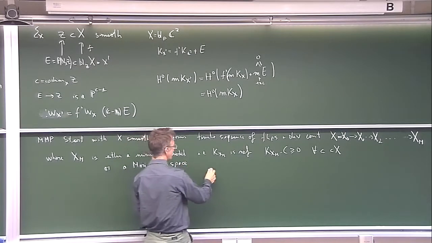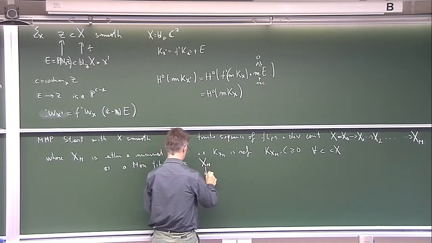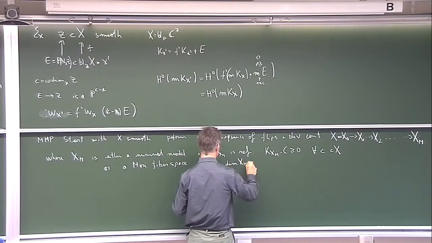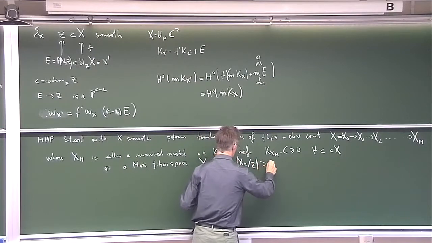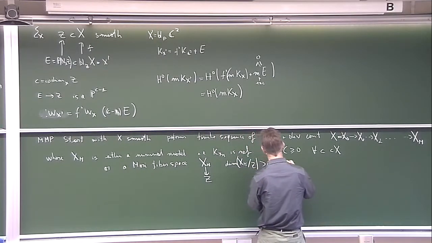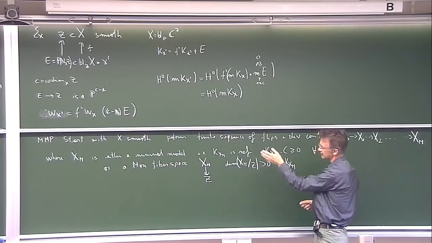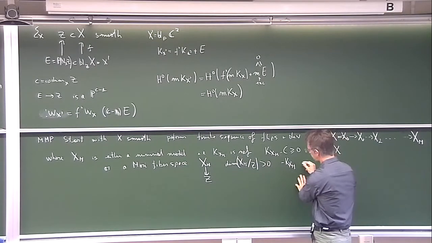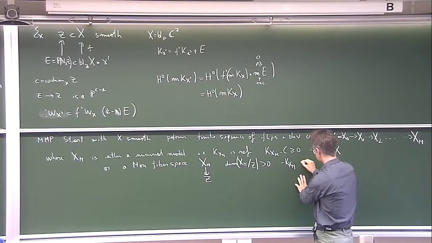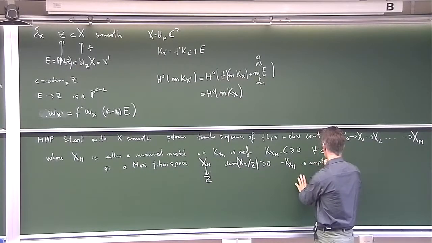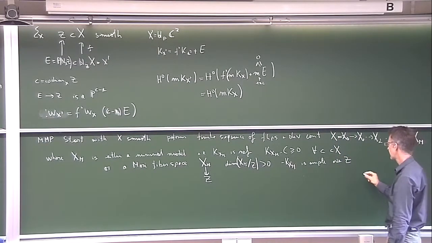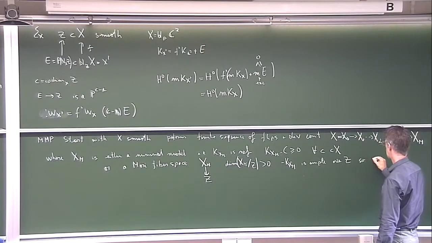So a Mori fiber space would mean that we have a morphism from X, say, to a variety Z of positive fiber dimension with the property that K_X, the canonical class, is relatively anti-ample. So if I take the negative of the canonical class, the dual line bundle if you prefer, this is ample over Z. So in particular, that tells me that the fibers,